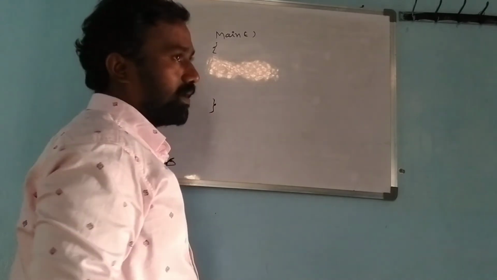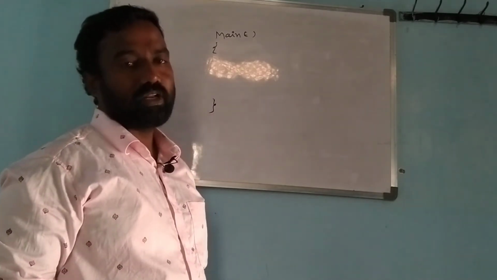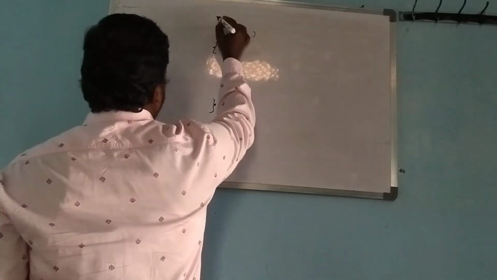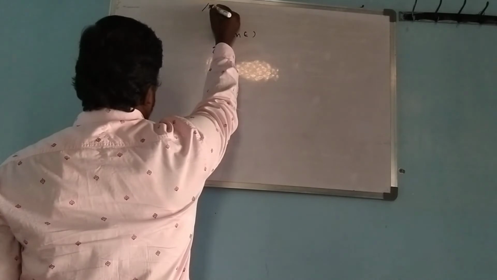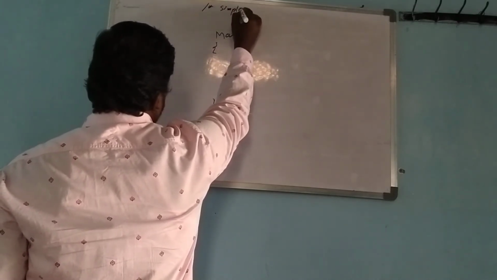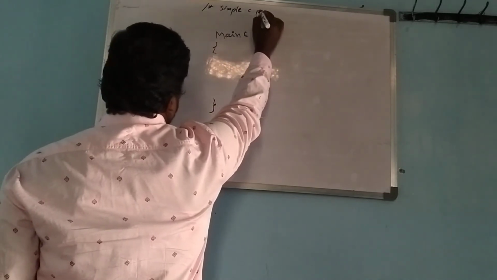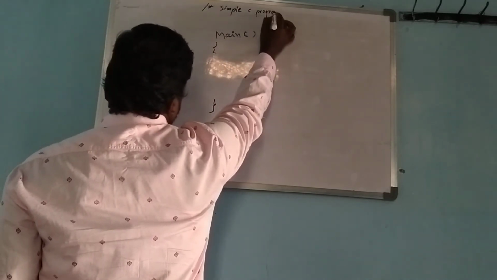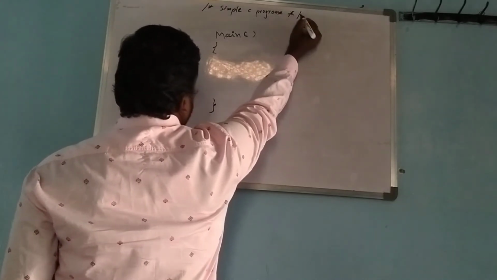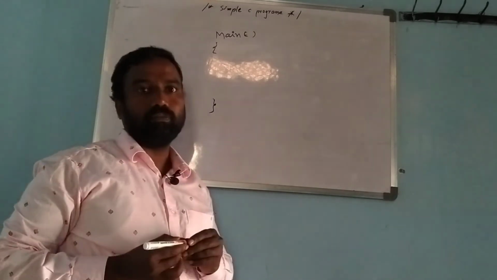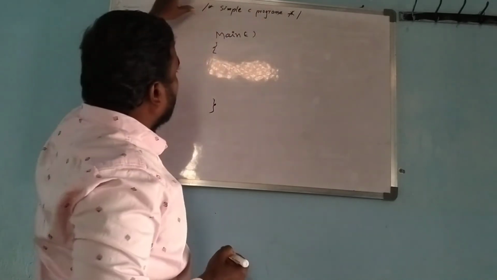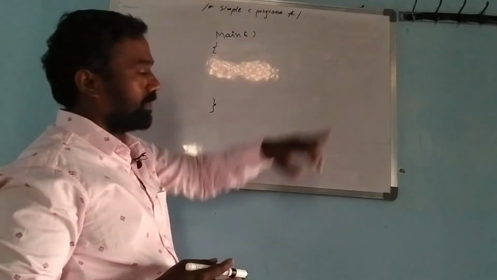So we have a comment line, link section, everything. What I said, those are optional. First I would like to use the comment line like this: simple C program. Hash and slash, right? This is the main program. And this comment line cannot be executed.